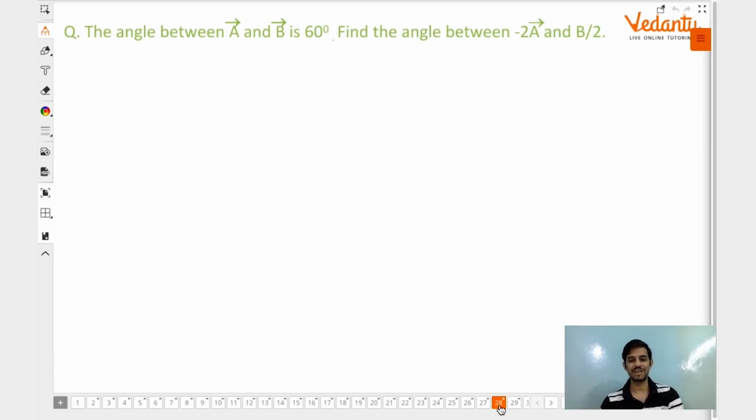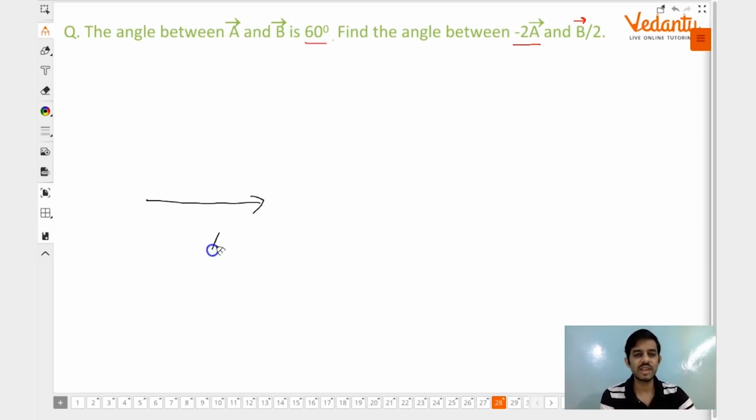अच्छा, एक लास्ट क्वेश्चन, आई फॉरगॉट देयर वाज वन मोर क्वेश्चन। द एंगल बिटवीन ए वेक्टर एंड बी वेक्टर इज 60 डिग्री। फाइंड द एंगल बिटवीन -2a वेक्टर एंड b वेक्टर बाय 2। नाउ गाइस, इनिशियली देखने पर बड़ा अजीब सा क्वेश्चन लग रहा है, बट एक्चुअली दिस क्वेश्चन इज वेरी वेरी इजी। सी, इफ यू लर्न टू विजुअलाइज, एक बार तुमने विजुअलाइज कर लिया क्वेश्चन बहुत इजी है। मैथमेटिकली करोगे लंबा जाएगा क्वेश्चन।